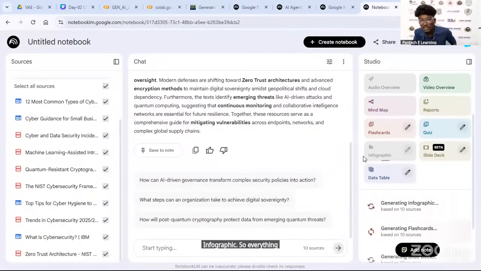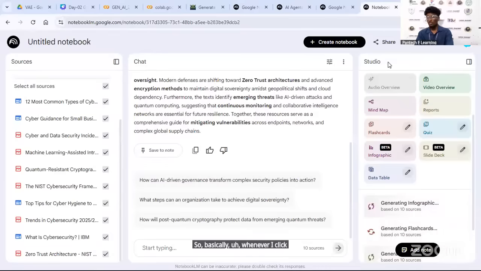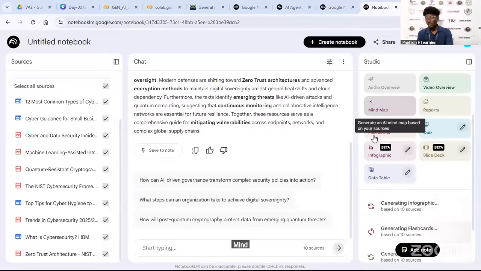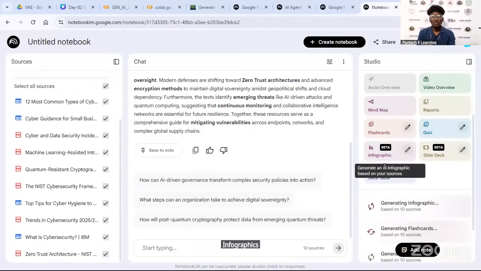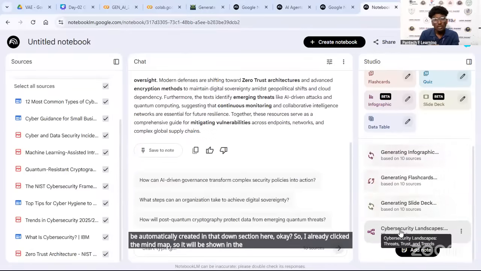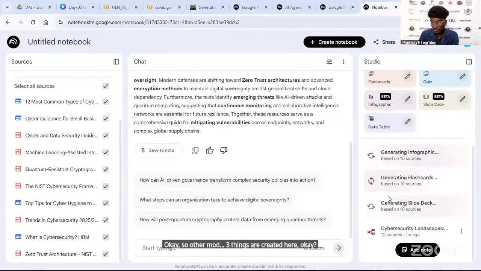Everything I just click here. Whenever I click in the studio, we have a number of options: audio, video, mind map, report, flashcards, quiz, infographics, slide decks, and data tables. If I click that button, it is automatically created in the section down here. I already clicked the mind map, so it is shown as the cybersecurity landscape. Three more things are being created here.